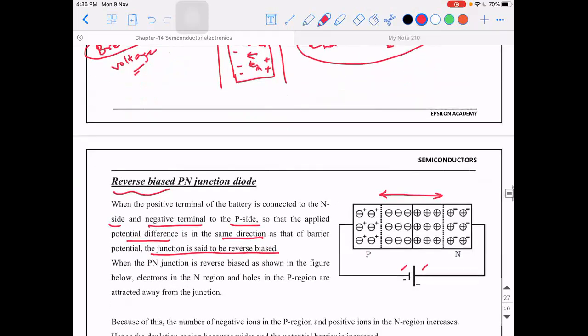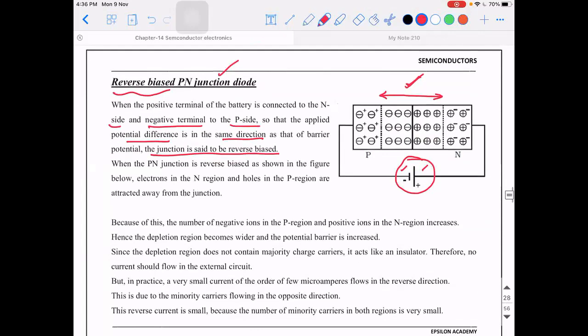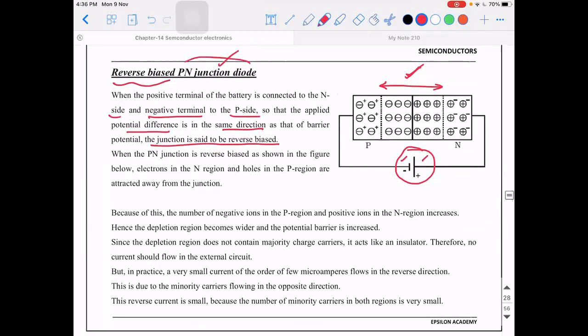In a similar way, during the reverse bias condition, you people told me that the width of the depletion region is going to increase. When it is going to increase, can I say that the PN junction diode behaves like an insulator? So when it is going to behave like an insulator, if I keep increasing the external potential, the insulating property inside it cannot be held for a longer time. There will be a certain point after which it starts breaking. The depletion region is broken and it starts conducting. And that point is called the breakdown voltage. Okay. So that is a very, very important point with respect to a PN junction diode.